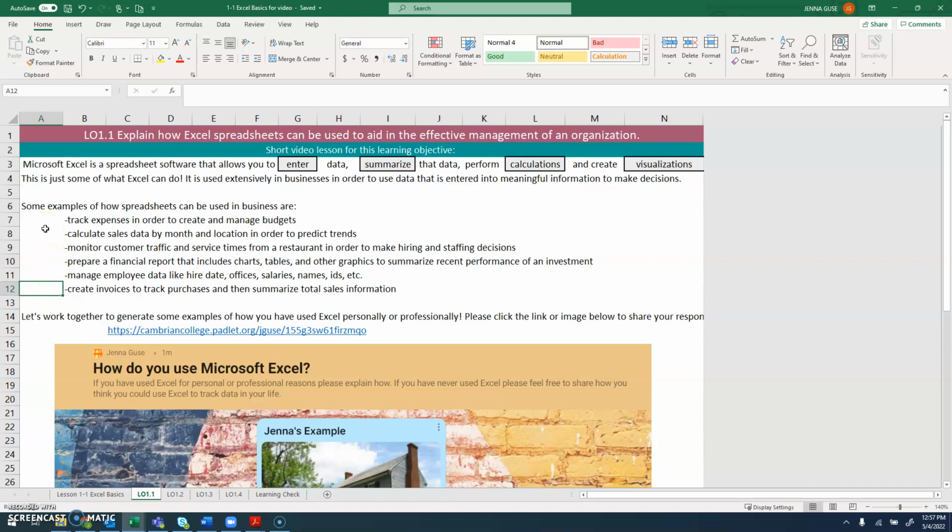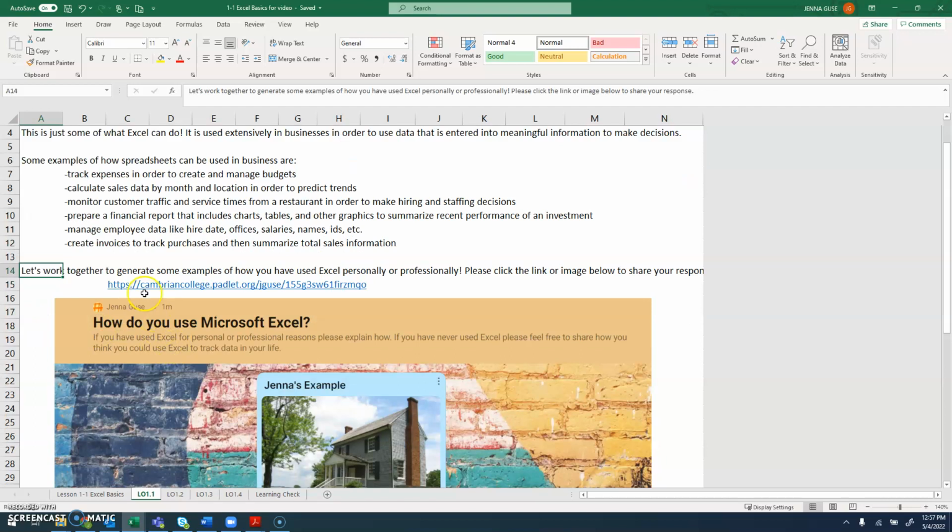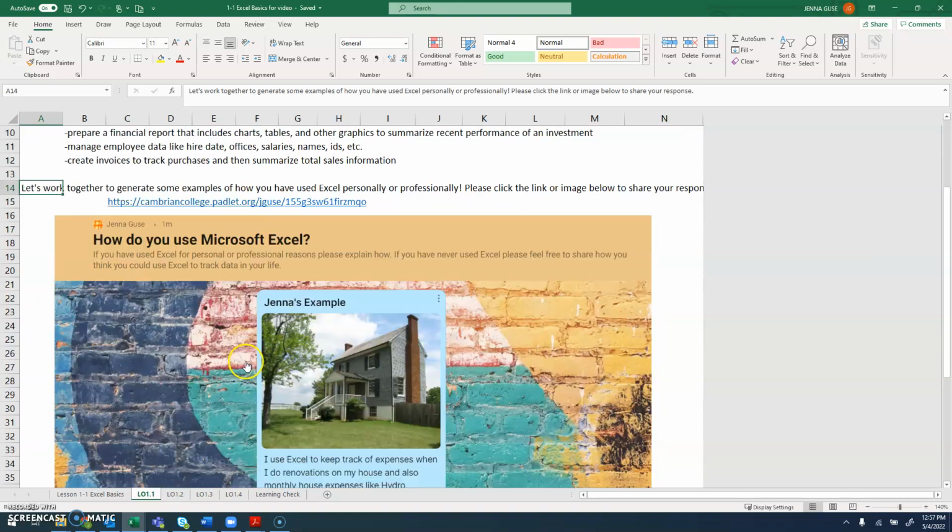Excel can be used in almost unlimited ways in order for us to be able to enter any kind of data that would be relevant to a business and then try to get information from that data. Not only can we use Excel in a business context, you can also use it in your personal life, or you might have used it in your professional life before taking this course. What I would like you to do is click this link to share a way that you have used